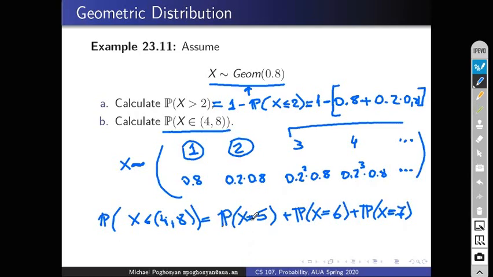And this is the probability of X being 5 plus the probability that X is 6 plus the probability that X is 7. And now we can add these numbers. The probability that X is 5 is 0.2, the probability of failure, 4 times failures, and then success. Here 5 times failures, and the 6th one was success, and 6 times failures, and the 6th one was success. So we need to add these 3 numbers to get the probability. Okay,